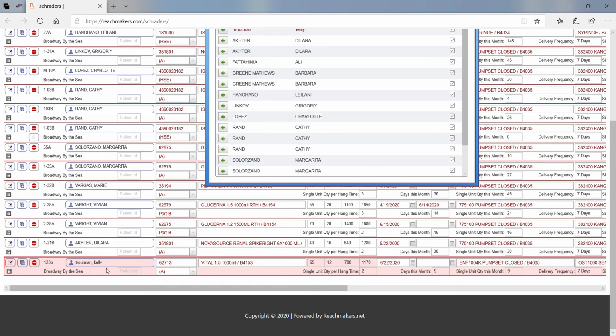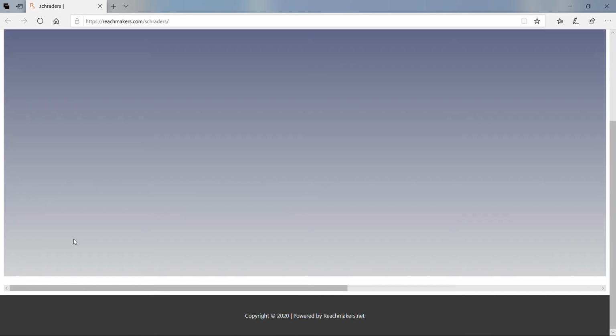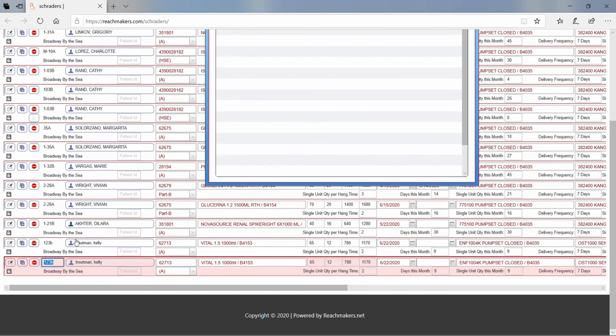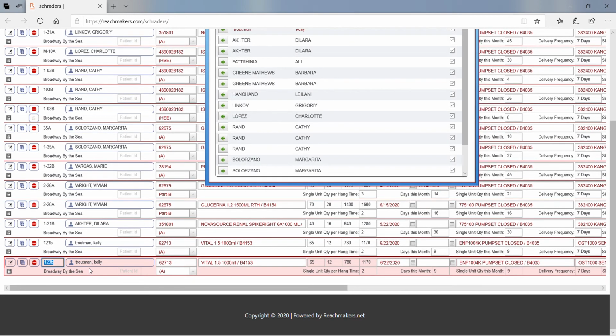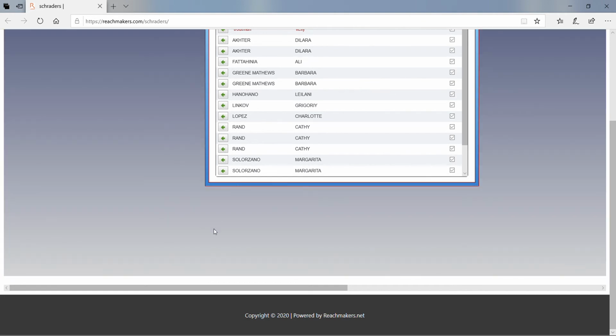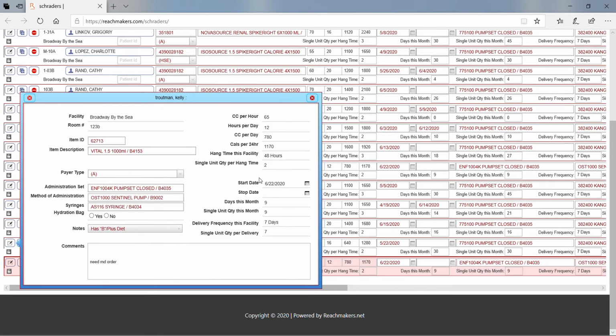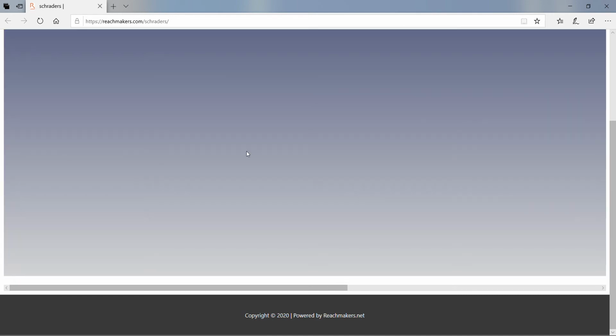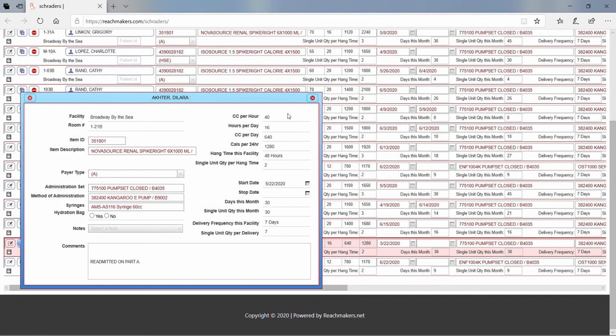If I need to add a line because Kelly has now changed her formula or her start date, we would simply hit duplicate. Yes. And now you will see I have 2 lines and you are able to edit. So you have 2 options. Again, you can click here and that window will pop up and you can edit in here. Or if it's just a simple start date and you don't want to go through all that,